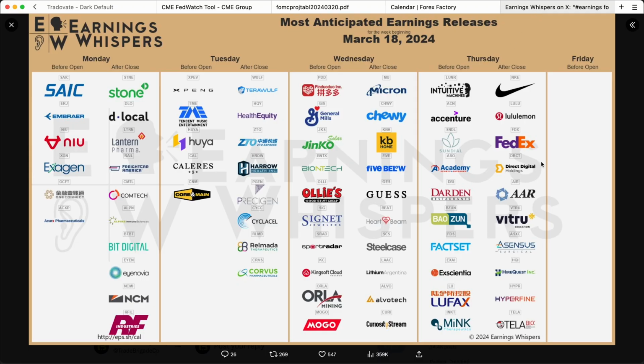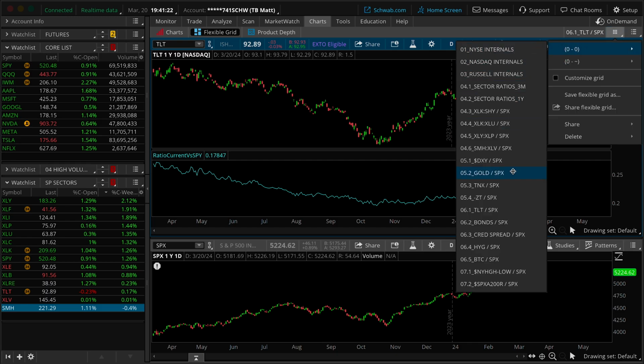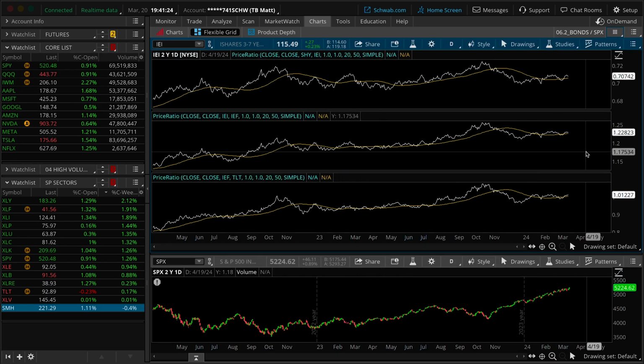And here is the earnings calendar into the end of this week. Micron reported after the close today. After the close on Thursday, these are your 3 honorable mentions. And let's move into the risk appetite of the market. TLT ratio to the S&P is not indicating a flight to safety, so risk on and risk appetite remains strong for equities. Down below, let's take a look at the bonds in relationship to themselves